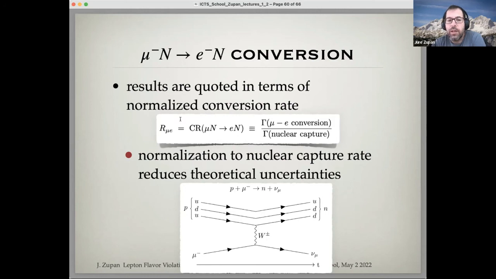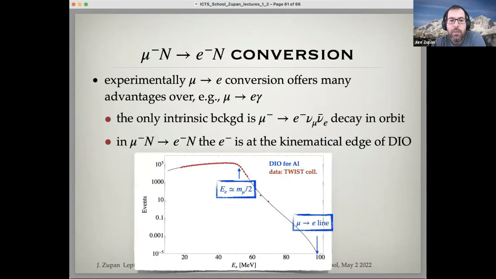So that's what these numbers that I will show next mean. All right, so experimentally, the mu to E conversion has a big advantage over the previous two. Let's say the mu to E gamma, because for mu to E conversion we're searching for an electron line, which is basically at the muon mass, up to this small binding energy and the kinetic energy correction. So we're down here. You have a big energy that is being deposited in the electrons,